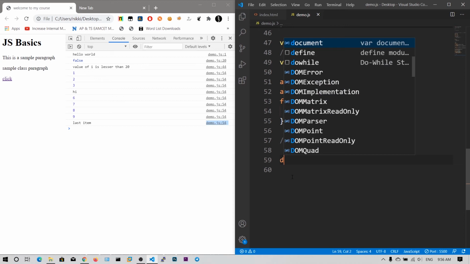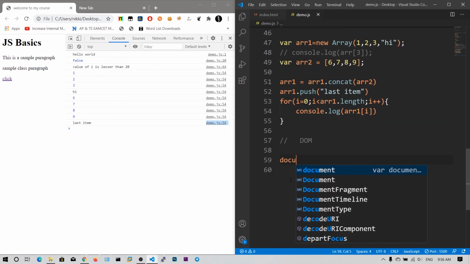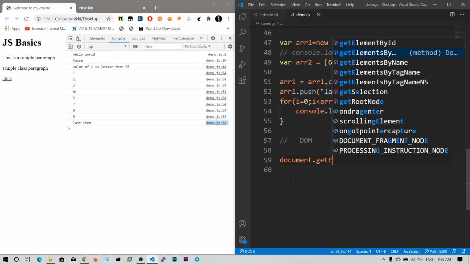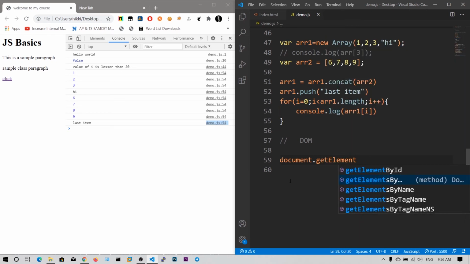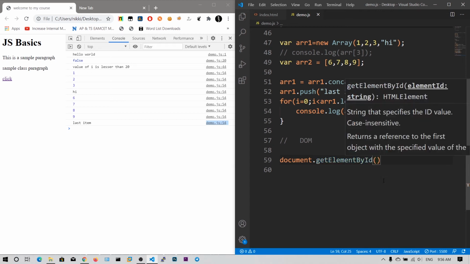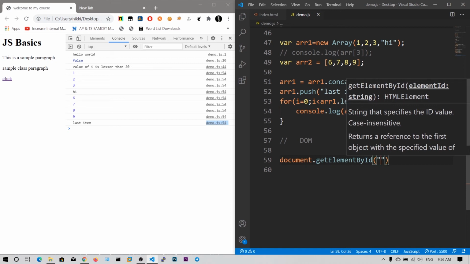That one is document dot getElementById. When I type getElement, Visual Studio Code suggests the methods that are available. We need to specify the id name, getElementById of id1.